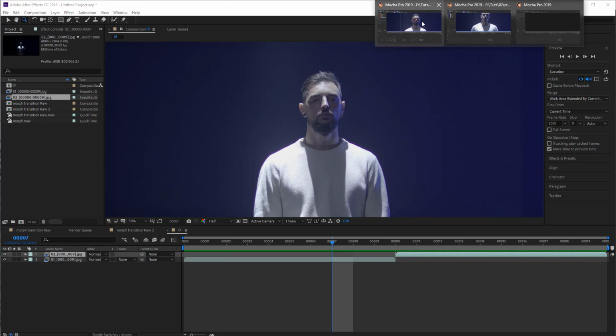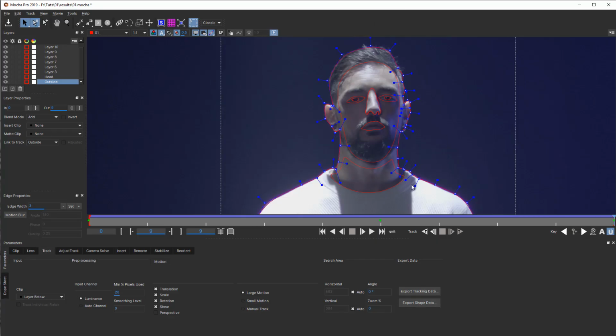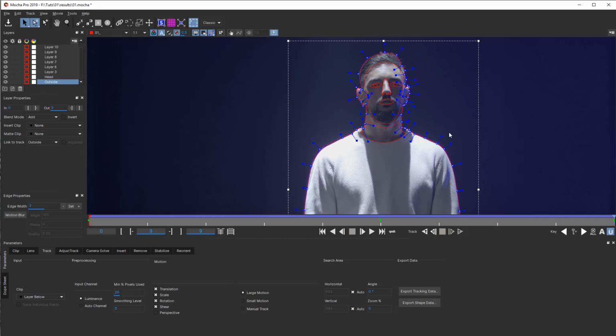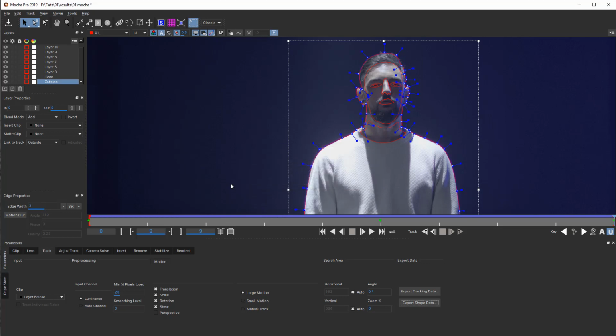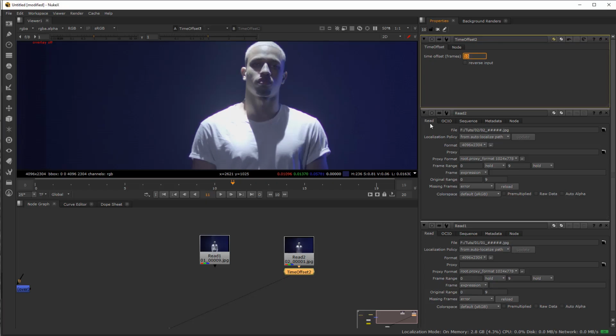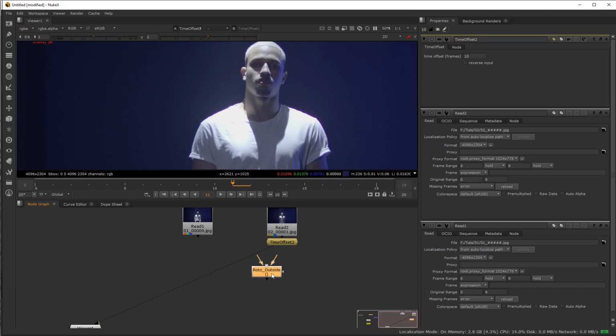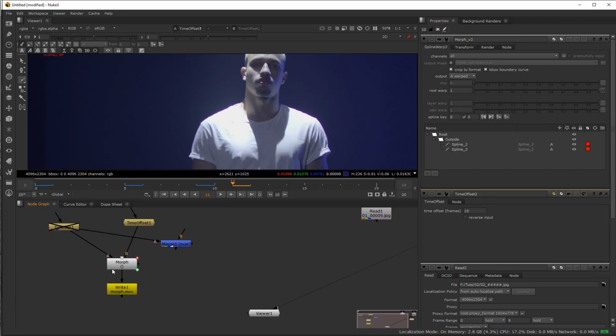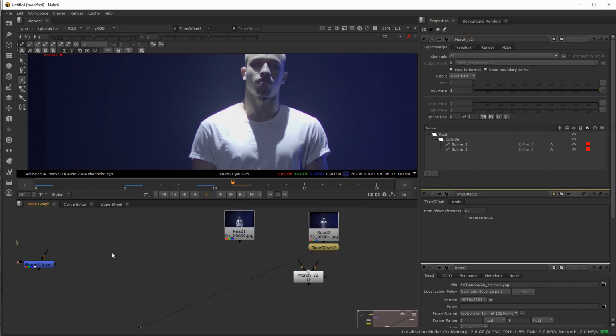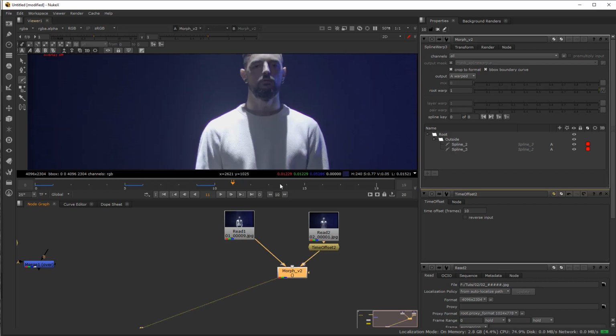Now I'm going to copy the outside to show you how the spline warp works. I'm going to copy, export Nuke spline warp, copy that, and go into Nuke and just paste it there. You see here is the spline warp. I'm going to run this like morph v2, because I already have a morph here that I made to test that everything works. I'm going to link it there like this.